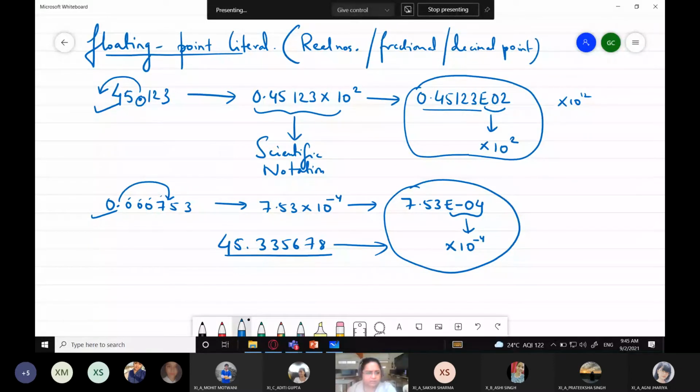That is not our concern. Our main concern is how we can represent a floating point literal. Because this point floats, I am able to shift it from left to right in any way. That is the reason why it is named a floating point literal.